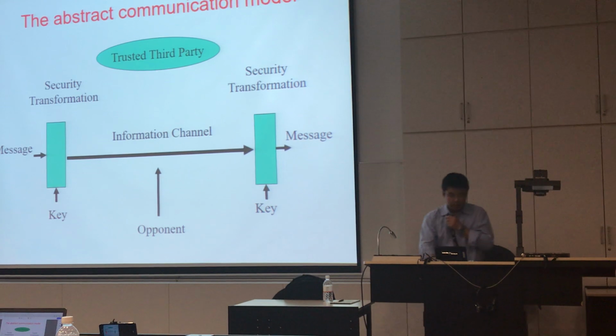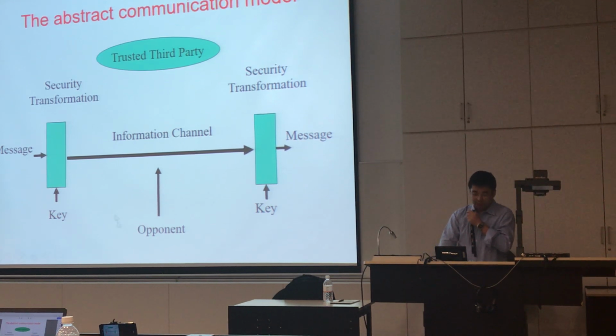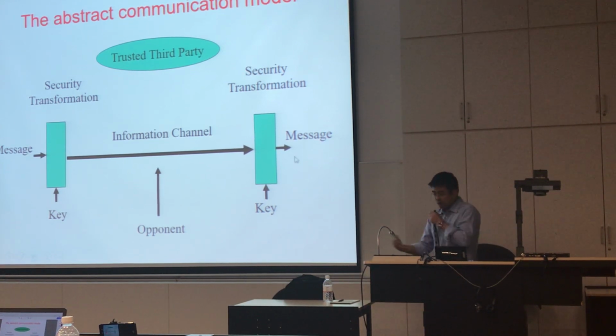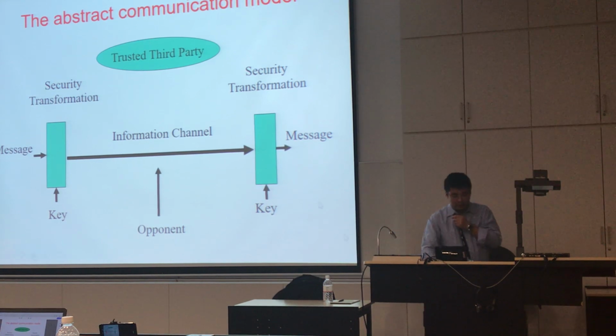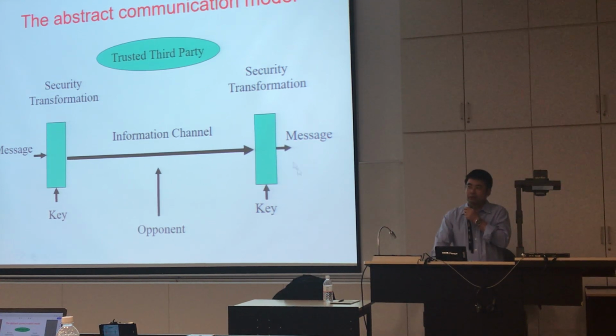So the public channel, we assume, is accessible by the attackers or the opponent. They may access this public channel. They may try to eavesdrop on your message, modify your message, and so on. Right? So the receiver, of course, will receive the message and then perform another process to recover the original message. So during this transmission, a lot of attacks can happen. If there is no transformation, then of course the message can be seen and modified by any attacker. So how do we prevent all these attacks?